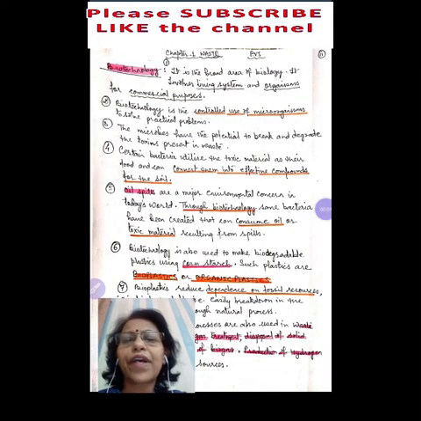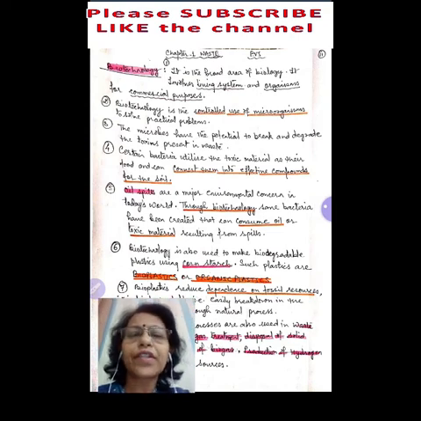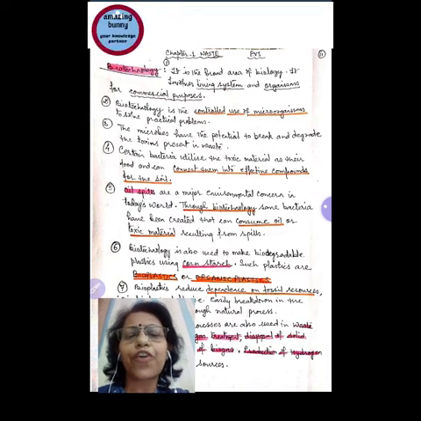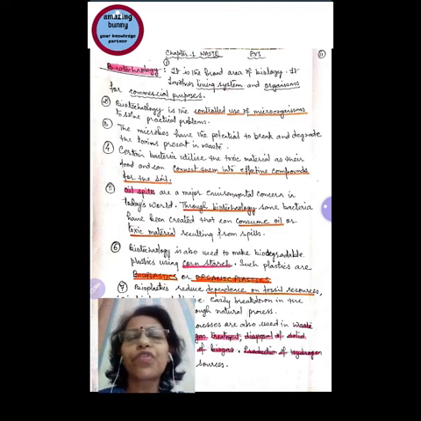Now the topic, biotechnology. Biotechnology is a branch of biology where we use living systems and microorganisms for commercial purposes. In biotechnology, we use biological processes for industrial and other purposes, like in genetic manipulation and in the production of antibiotics, hormones, etc. Just look at the second point: biotechnology is the controlled use of microorganisms to solve practical problems.